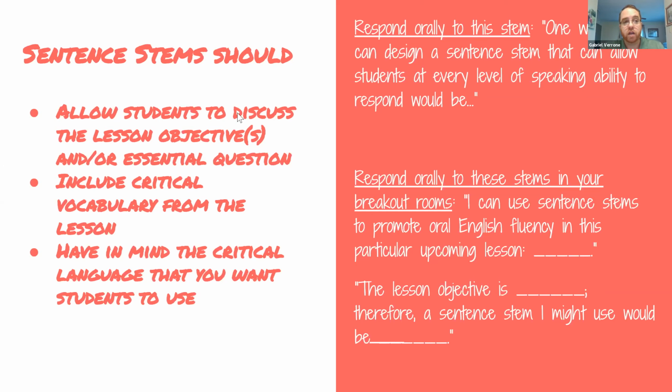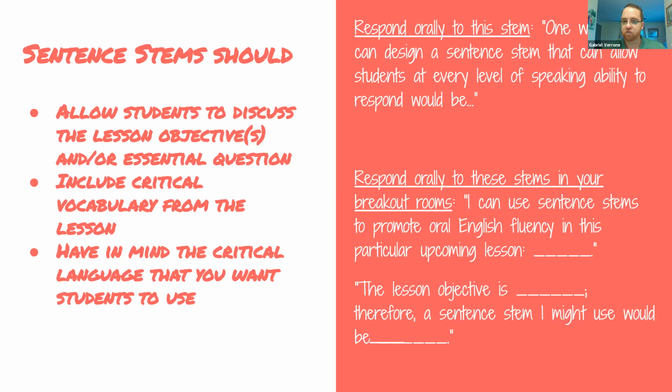You also want a sentence stem to include critical vocabulary from the lesson, right? You want to think about what words are essential in this particular objective, in this particular thematic idea, and how do I get them to think about that? And then you really want to have in mind, what language are you hoping they're going to produce? So think about the stem you've written, respond to it yourself, and ensure that they're actually going to